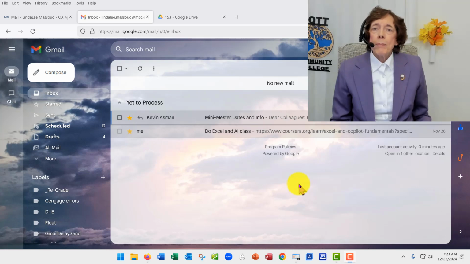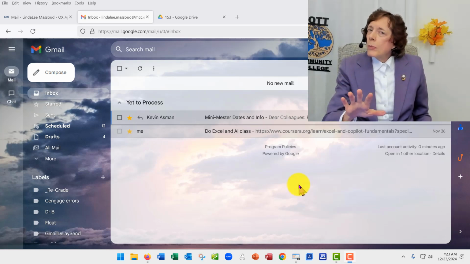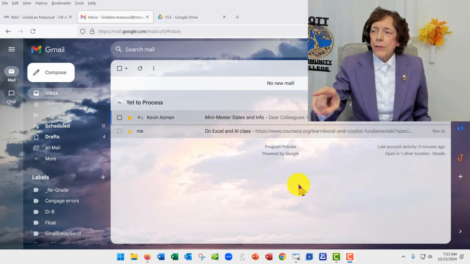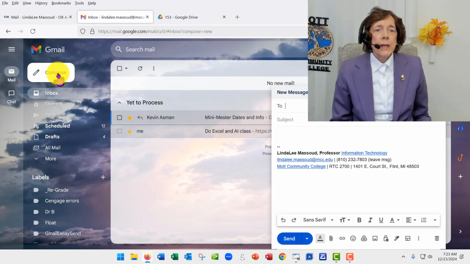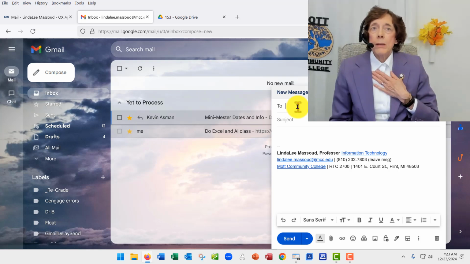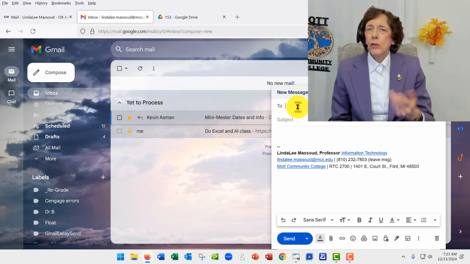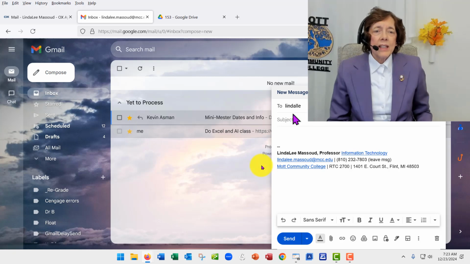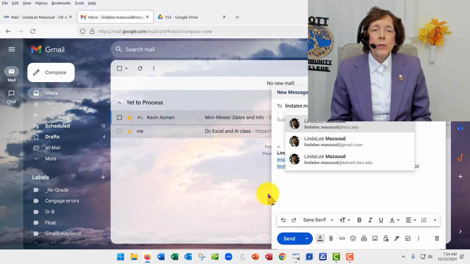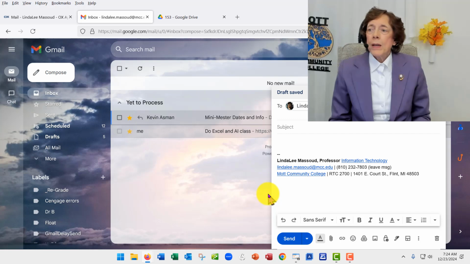Once I have my webmail open, which I'm going to assume you can do by yourself, but I have the instructions, the address there. Once you do that, then click Compose, and I want you to send it to yourself. So I'm Linda Lee Masood, sending to me, Linda Lee Masood. I mean, that looks fake, but it works very well for the assignment. Linda Lee Masood at mcc.edu. And then the subject line is